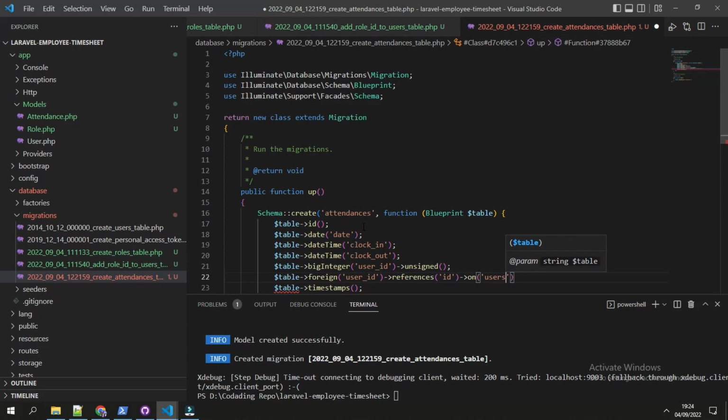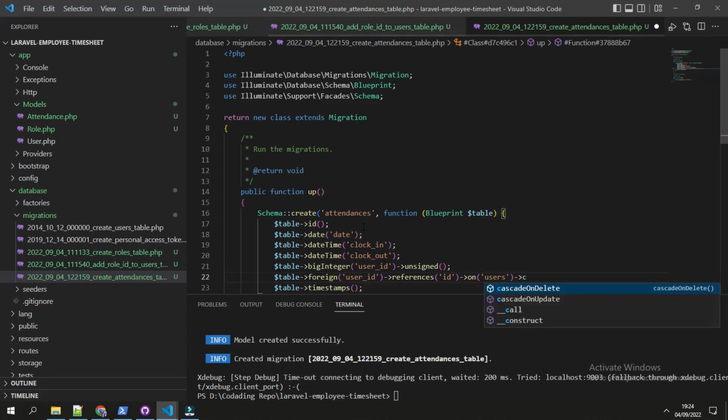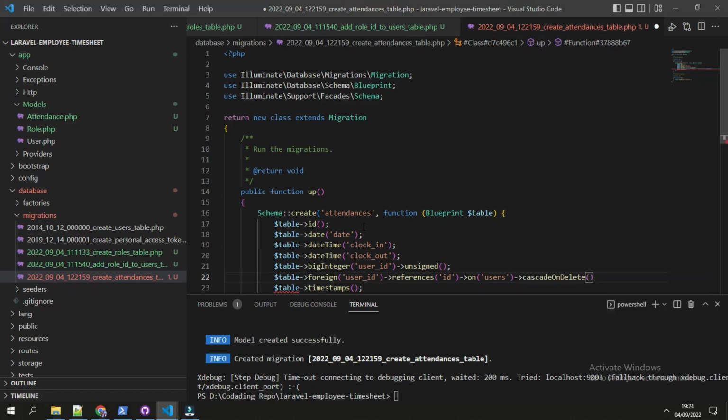We can also add a condition so that if the user is deleted, the attendance is deleted too, with cascade on delete.